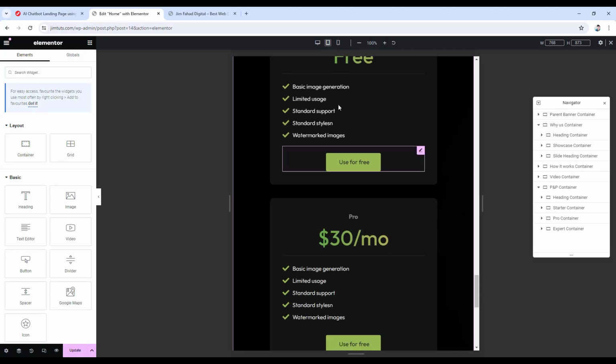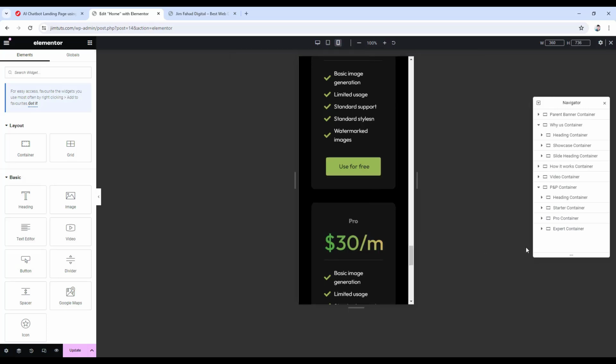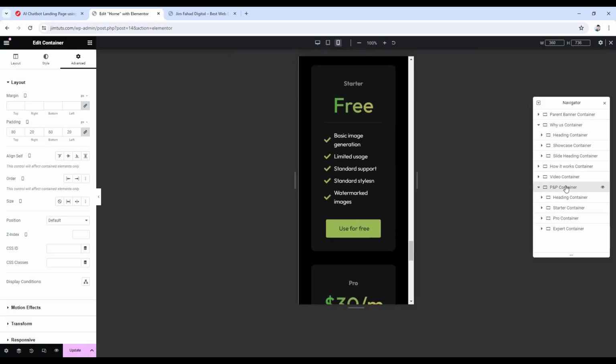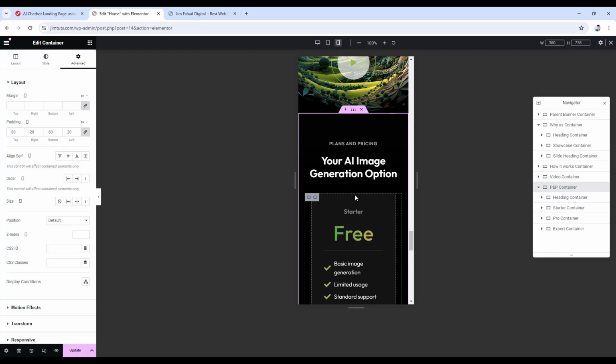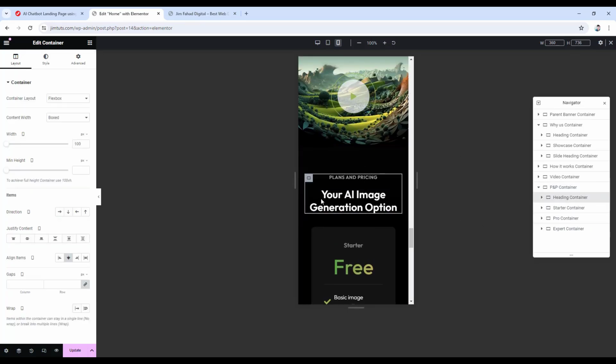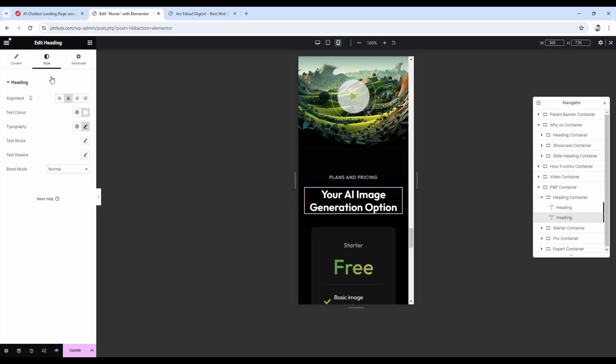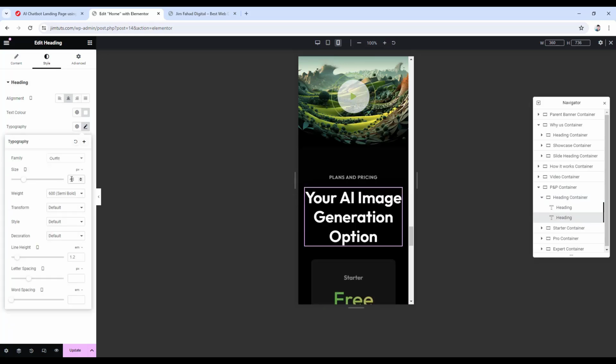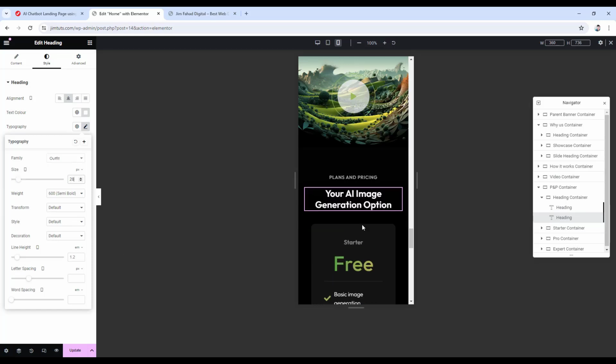Now let's go to the mobile responsiveness, then choose this PNP container, and inside it let's choose this heading container. Actually everything is looking great here, so go inside this heading container. Then inside this heading container, choose the second heading, this your AI image generation option heading. And from its style tab, go to typography, then change its size to 28 pixel. Now minimize this